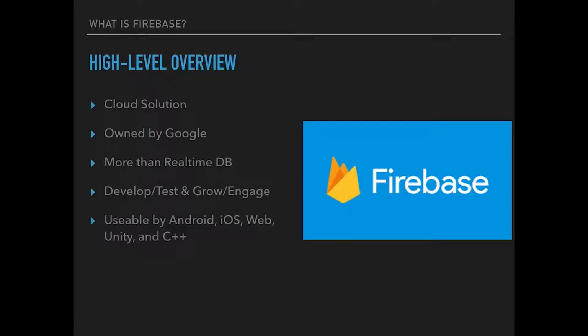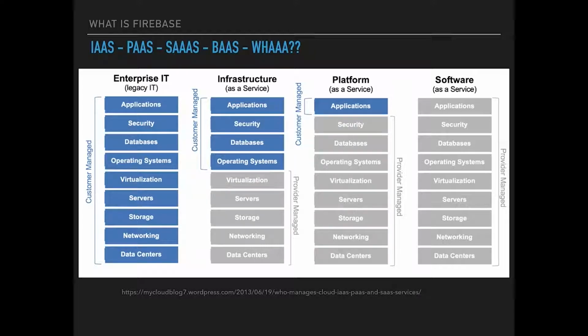Firebase comes with SDKs for Android, iOS, web, Unity, and C++. So it's really easy to get started using the SDKs. The only caveat is not every single one of their features has support for all of those platforms. At least all the ones that I looked at closely had support for Android and iOS, but not all of them have, say, an SDK for Unity or C++. Those maybe are coming, I don't know, but definitely if you're in the Android and iOS space, pretty much all the features provided by Firebase, you'll have a nice SDK to get you started and growing.